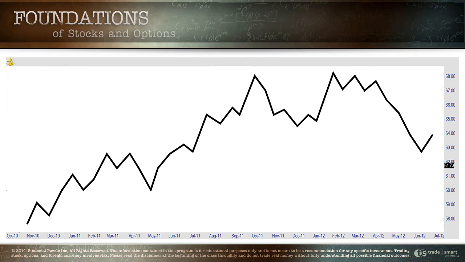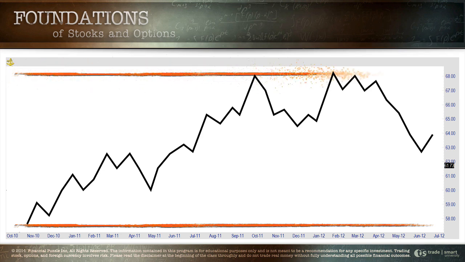Take a look at this chart right here. The first step is we're going to draw the extreme high and the extreme low. Why are we drawing the extreme high and the extreme low? What it does is it brings our focus into the price action. We start to limit what we're looking at. Instead of having all this random price on the screen, we're starting to bracket this, frame it, get it into a picture that we can start working with.